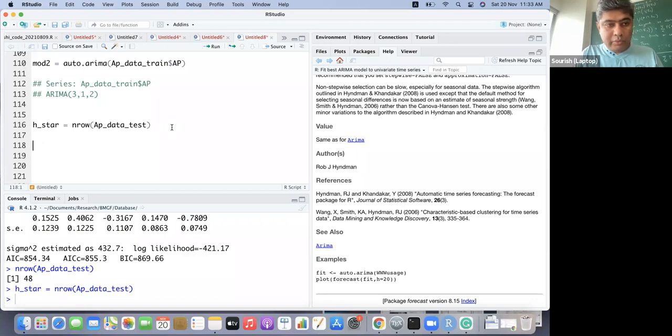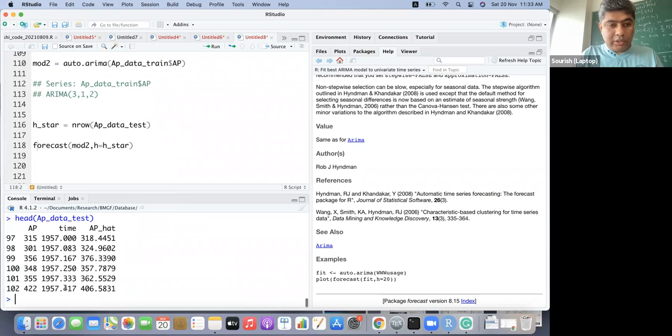AP forecast. You have to give this model name here and h equal to h star. And then that will be AP test. Now AP hat came from our base model that we have used.